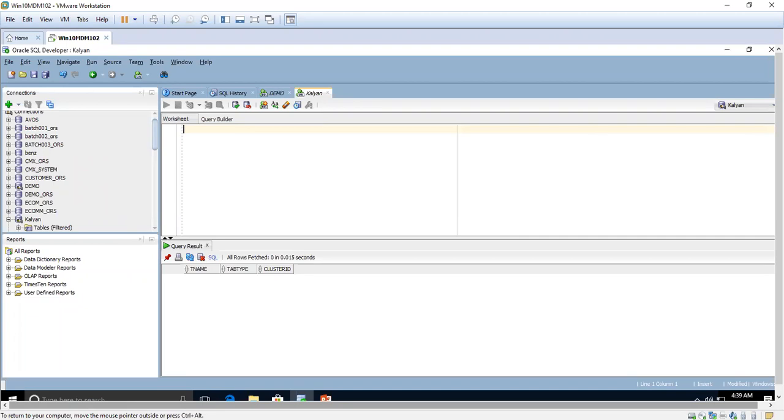Here, I am going to create one sample table, and I am going to drop it, and I will show the recycle bin. Just like that, only a sample table.